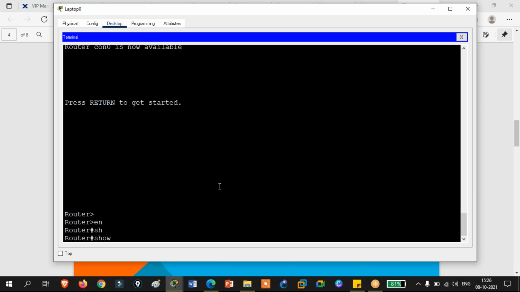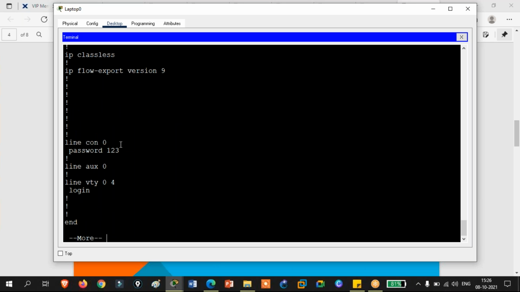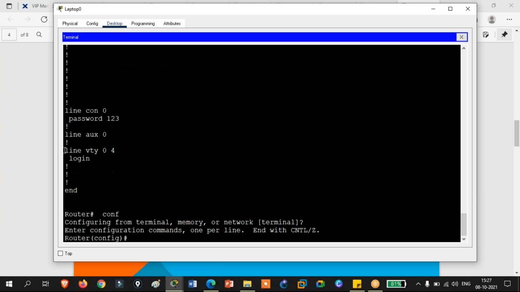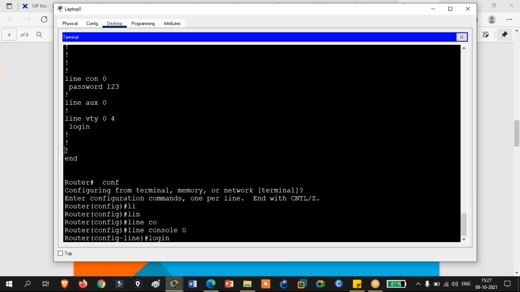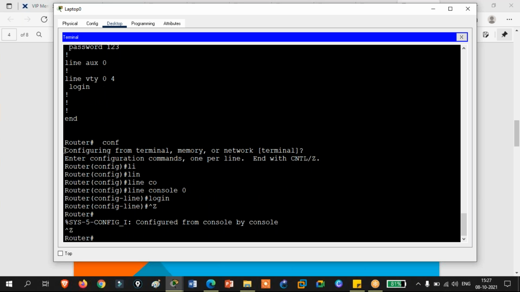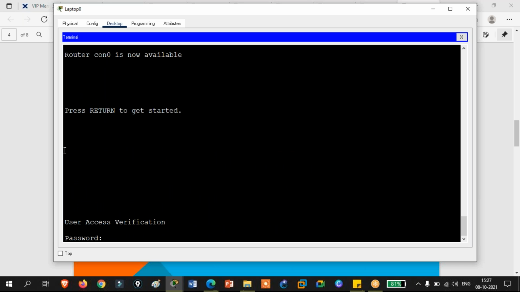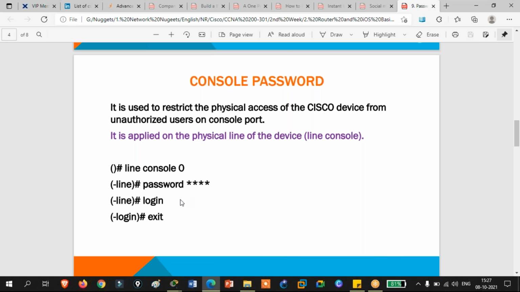If you check show run config, the password is there, but the router is not asking because you have not done login. So configuring the password itself is not enough. You also need to do login. When you do that and try to access, it will ask you for the password. This is the meaning of the keyword login.